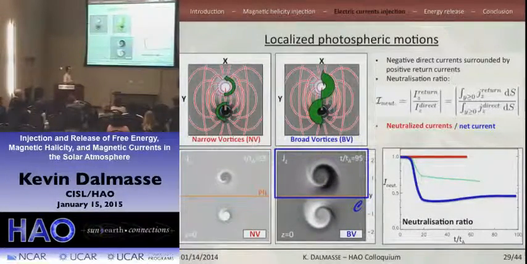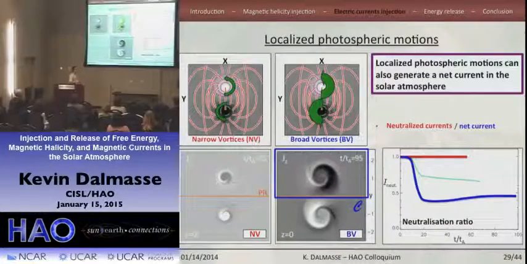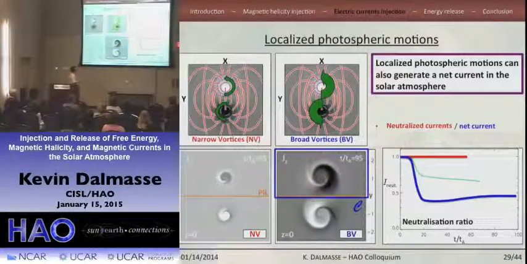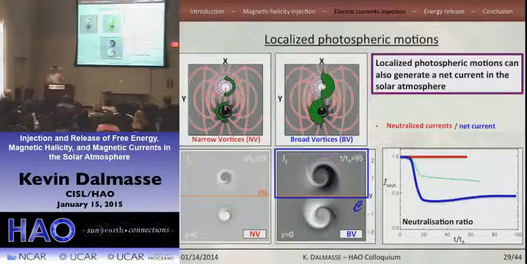Are you continuing to inject flux into the atmosphere, or is it strictly the photospheric motions that are allowing that net current? No, it's strictly the photospheric motion which is inducing the net current. And was that a reasonable number you used in your model for the motion speeds? It's MHD, so it's scaleless here. But if you try to scale with typical active region numbers, then you find a net current that can reach a few tenths of a teraampere, which is found in some observations.